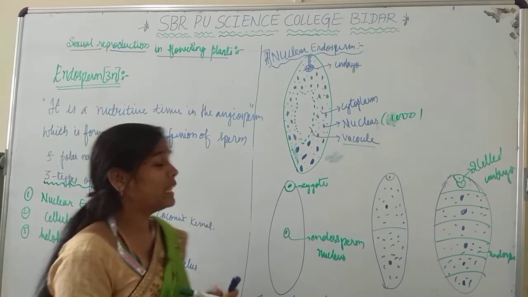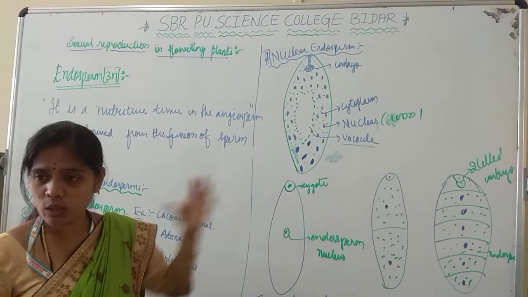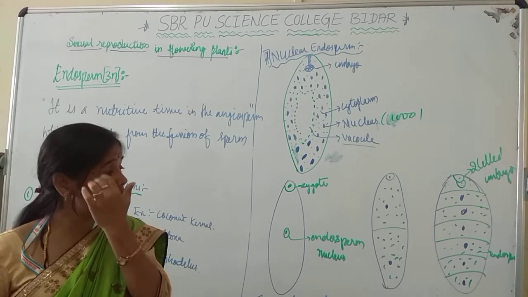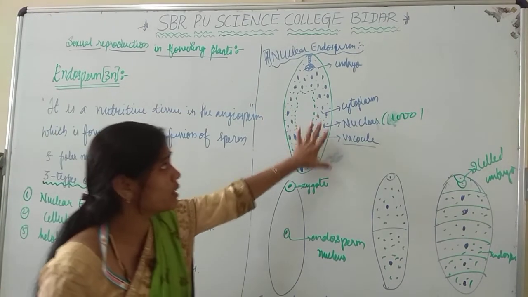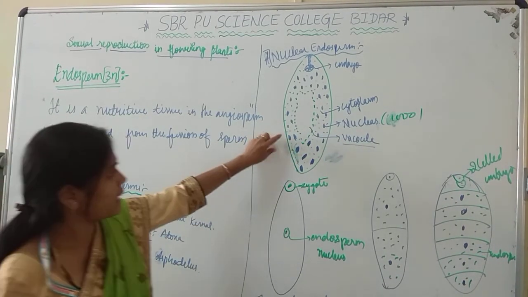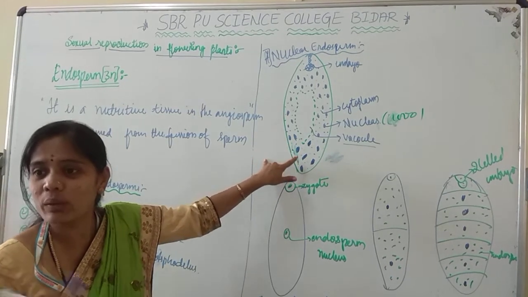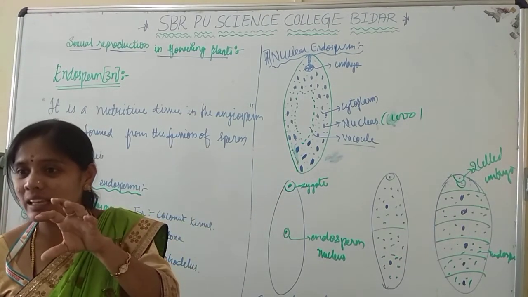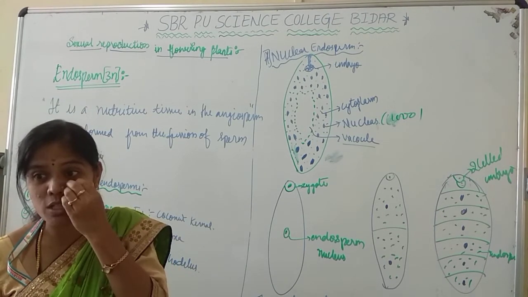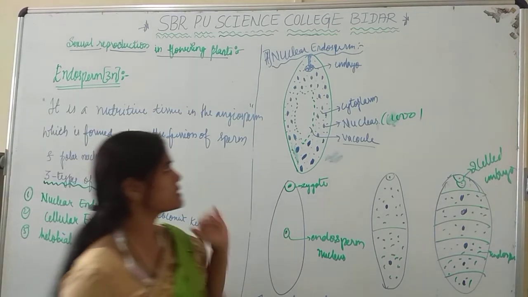Okay, it is seen in the tender coconut. You know coconut, right? Coconut water will be there in the tender coconut, isn't it? So in that tender coconut we find this type of free nuclei. Later on, afterwards, these nuclei will be surrounded with a cell wall. Then they develop into the milky tender coconut. Then the tender coconut becomes milky, the water remains. Then the coconut completely develops, right? So that is an example here.